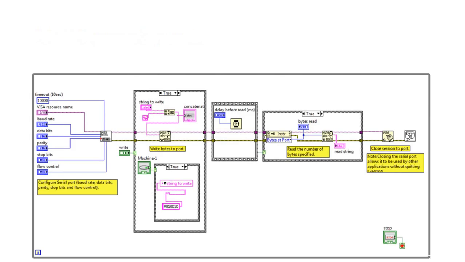Now we'll write a small little LabVIEW program to communicate. You can see at the bottom of the screen that #010010 is the string to be sent to put on the bulb. So #01, that is 01, is the address of the 4055 module, which is set manually. Then 0010 is a bit sequence which you need to send to put on one particular bit. Finally, that bit will come on to put on the relay. This program is available freely in any LabVIEW version, which is basic serial read write.vi.